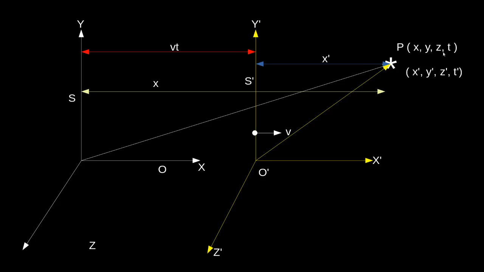Since x, y, z, t are the coordinates of the event relative to the S frame, which is at rest, and these coordinates are observed by the observer O in S at rest, the equation of the spherical surface, whose radius is r equal to ct and grows at the speed c, can be written as x square plus y square plus z square is equal to r square. Similarly, for the frame of reference S dash, we can write x dash square plus y dash square plus z dash square is equal to r dash square.